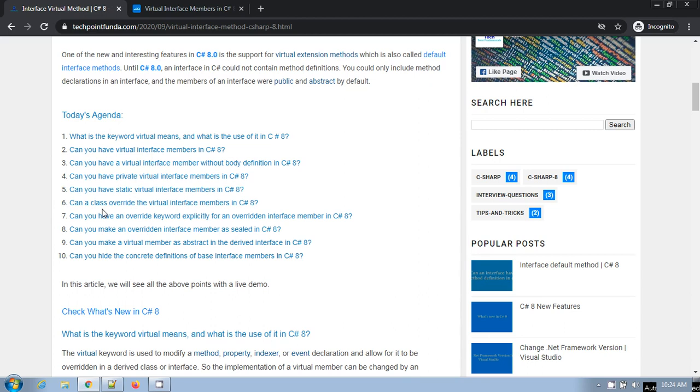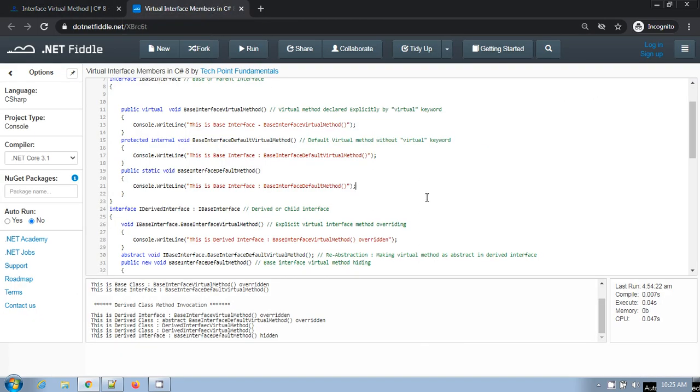Can a class override the virtual interface member in C Sharp? Yes, a class can also override the virtual interface members, but for overriding you have to provide the explicit implementation. You cannot override any virtual member of an interface with implicit implementation.